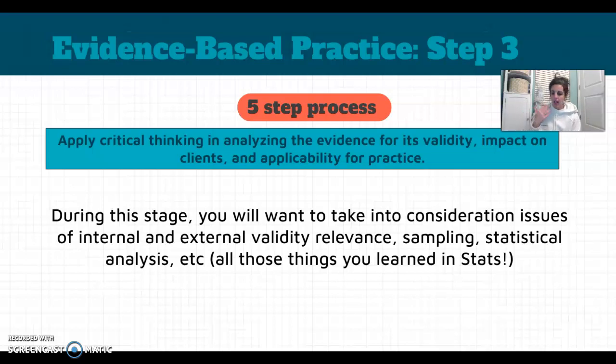evident research showed that AA meetings were really powerful in abstinence for males in their 40s who had limited support systems. Well, this happens to be your client who's 42 and he's male and he is a refugee, so he doesn't have a lot of supports in town because his family is all in his country of origin. So hey, this actually really fits my client's needs. He lives on a bus line. He can get to AA meetings around his work schedule, so we're going to go ahead because it's applicable for